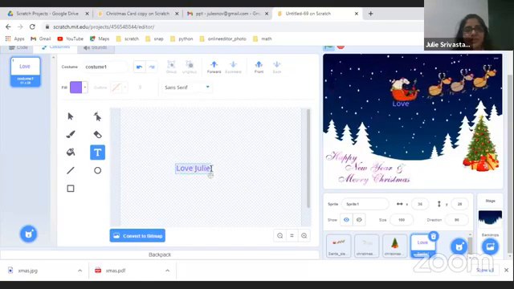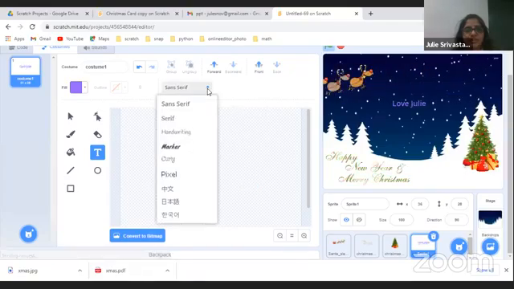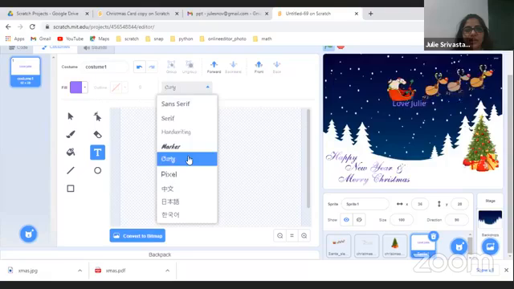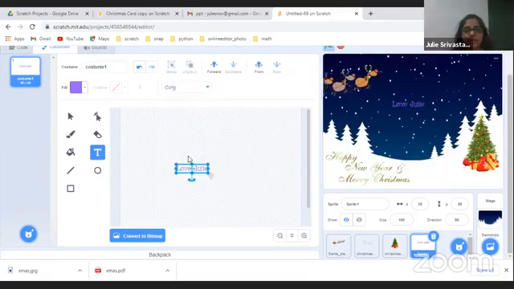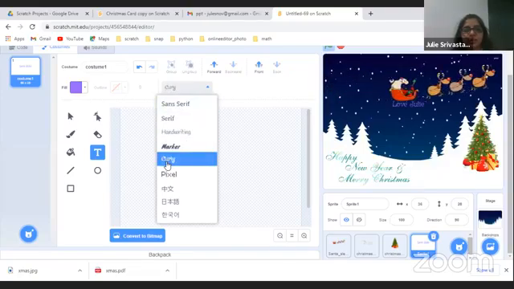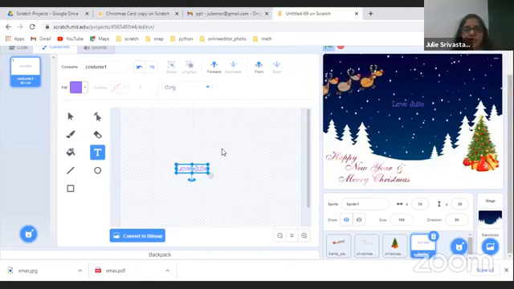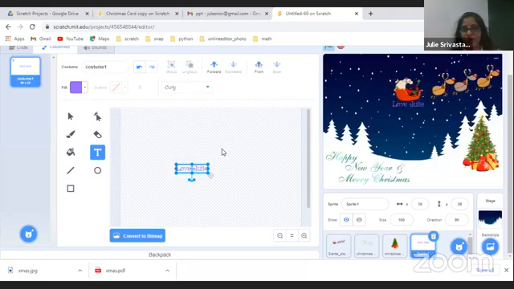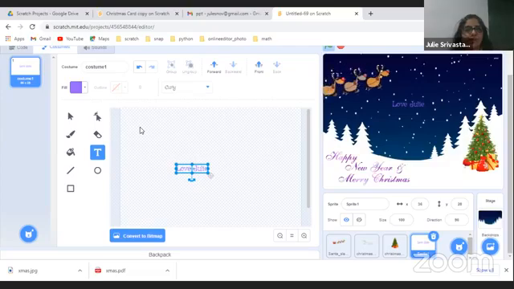Once you select the text, you can change the font face to curly. You can go to the font and choose whichever font you want. I'm taking the curly font. You can choose the other one you want, but right now I think if you take curly, it's nice. Because it's a Santa theme and you know that it's to do with the red color, we can actually change the text color to red.